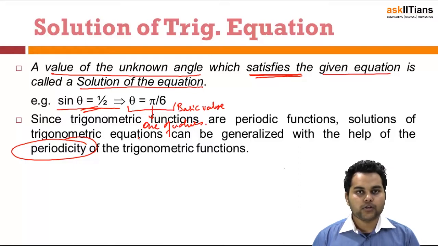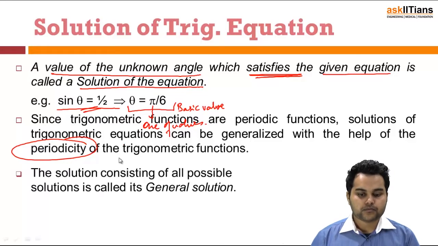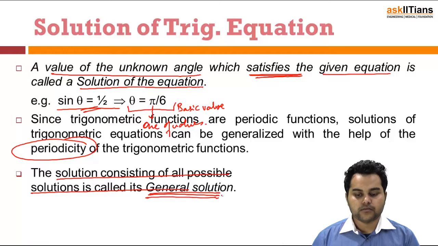You'll get to know, because it can be twice or maybe thrice or 4 times, not thrice, so maybe 4 times in one rotation. So trigonometric equations can have solutions including periodicity, and all such solutions can be put down into one set, and that set would be called the general solution. Now I cannot have all the values put into one set, but as I know that they are periodic values, I can generalize them. Using the periodicity, I can generalize the values, so the solution consisting of all possible solutions is called the general solution.